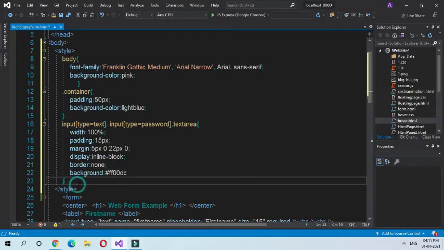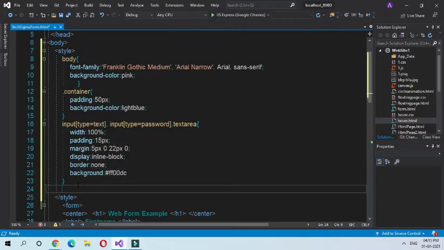Now give another class as input for all these things again. So let's copy. I'm copying this line. Now I'm giving the focus to our textarea, text box and text type of password.